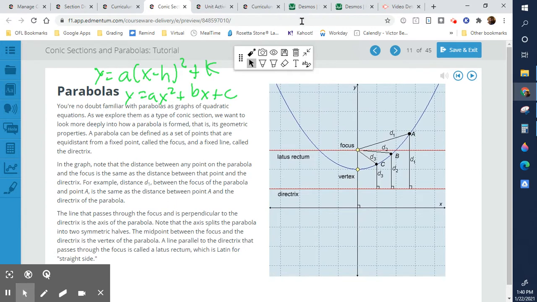And they probably describe it a little better than I do. I'm actually not so familiar with this latus rectum. I think it just means that it is going to be parallel to the directrix and cross through the focus. So we're going to talk about this. The directrix is sort of like this line that's kind of made up, but basically what a directrix is